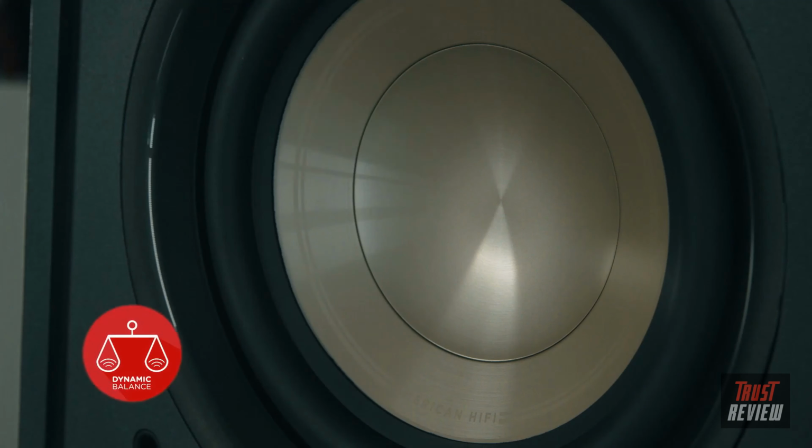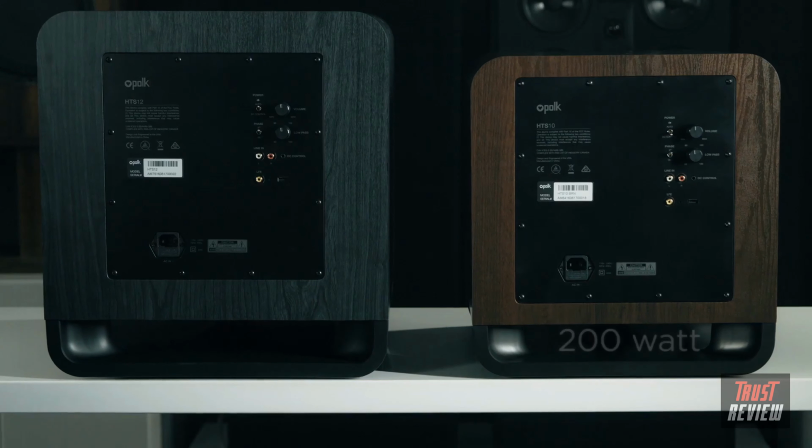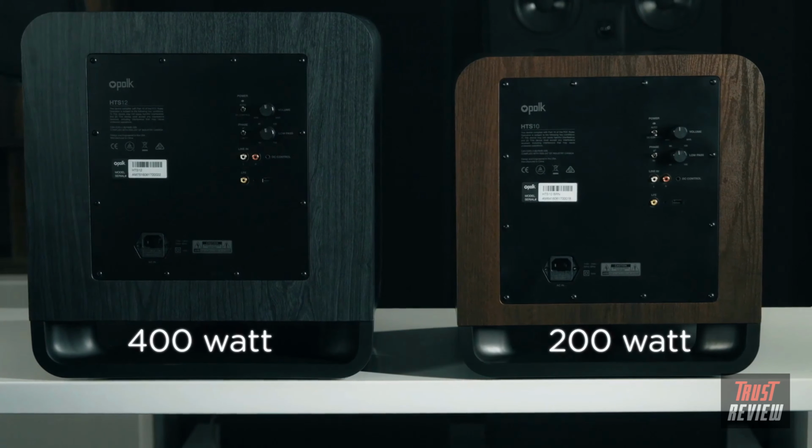technology, a patented process that guides material selection through rigorous testing that identifies and cancels out unwanted resonant frequencies. This ensures better linearity, lower distortion, and greater durability. The 10-inch model features a state-of-the-art 200-watt Class D amplifier, while the 12-inch HTS subwoofer features one that's rated at